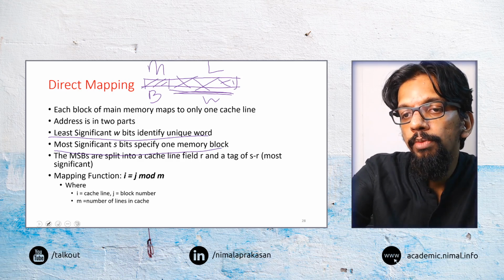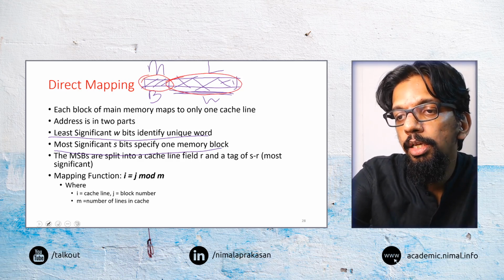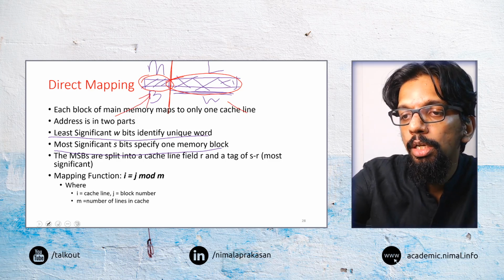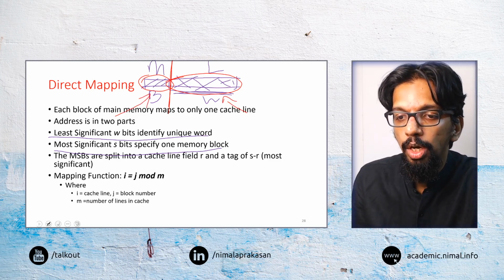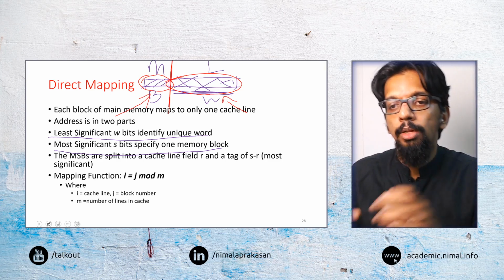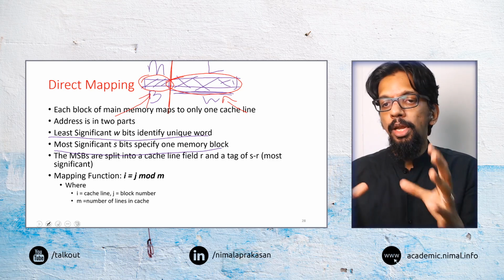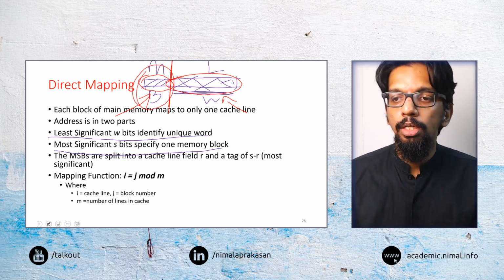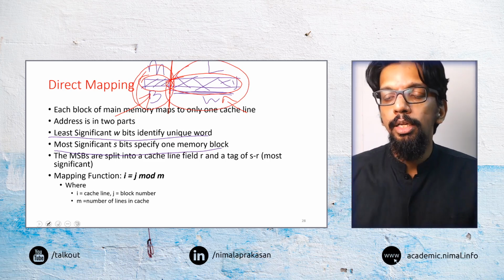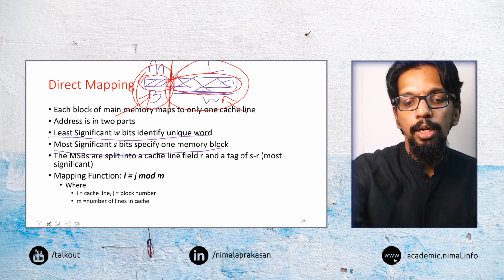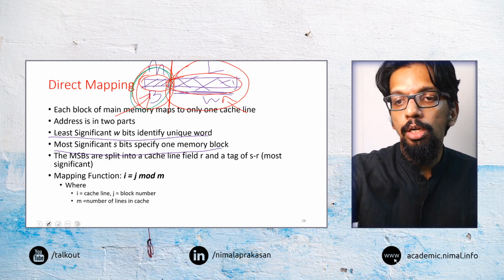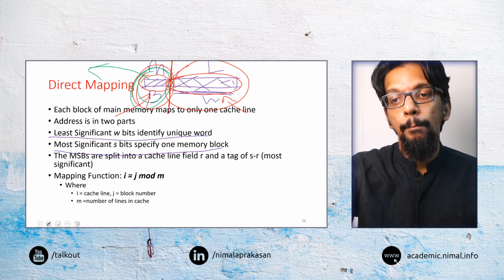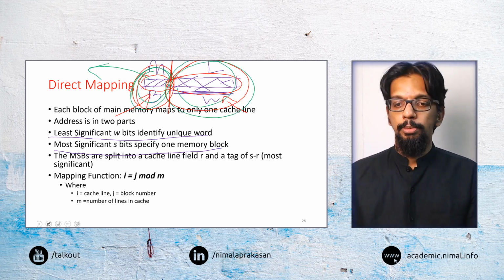So we will have the memory address split into two, one identifying the block, the other identifying the word within that storage location. Depending on that, we will see if this block is in the cache memory or not, and then we can go and read that particular word. If that particular block is not available in the cache memory, then we can go and directly read from the main memory.